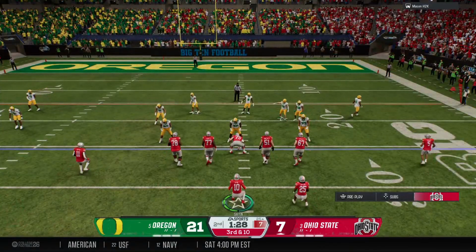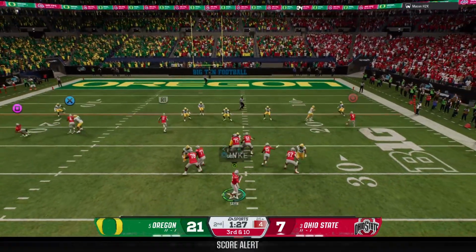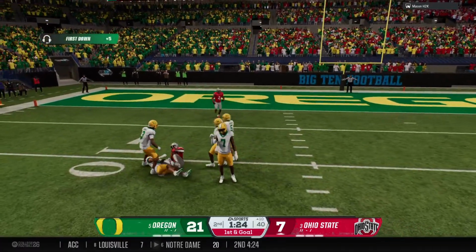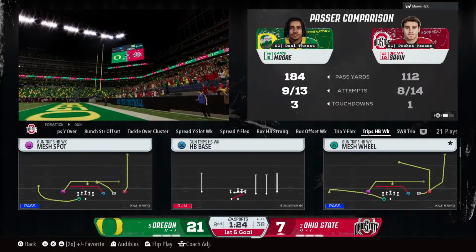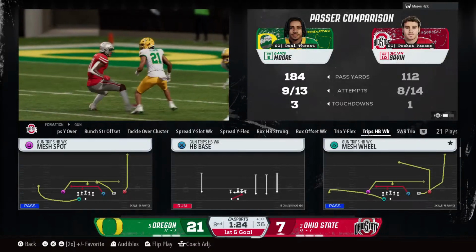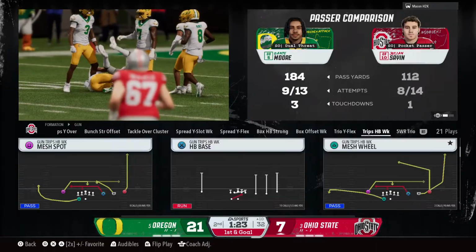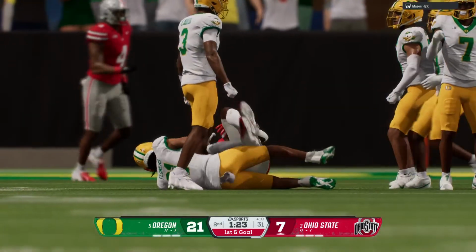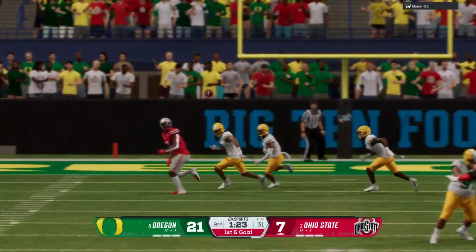This was a promising drive, but back-to-back incompletions makes it 3rd and 10. Back to throw again. Fires it to the wideout. Oh, what a grab! Makes the catch at the 10-yard line. Offense threatening now. Well, if I'm this defense, you get these guys to 3rd down, you better bracket or double team some kind of coverage rolled to this receiver to take him away. This guy makes another big play.